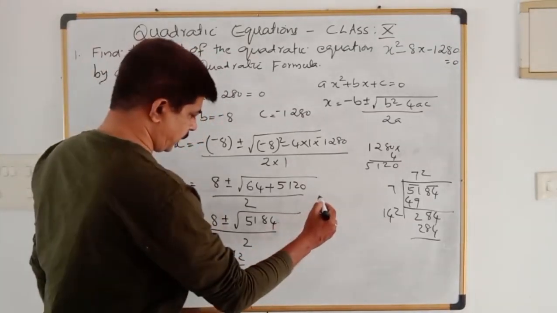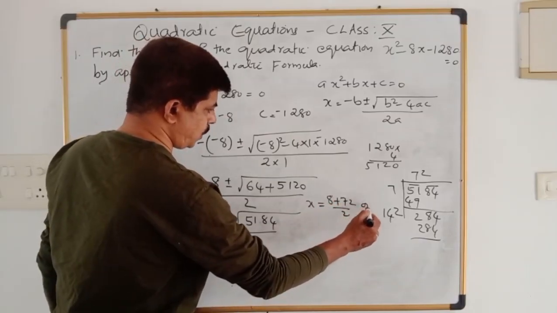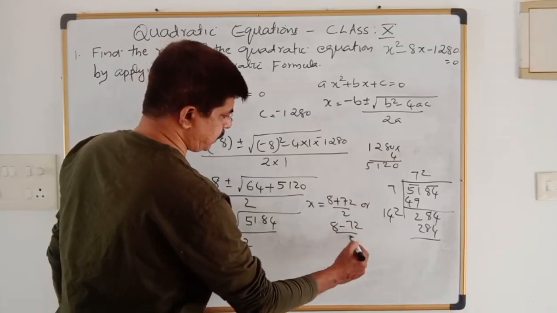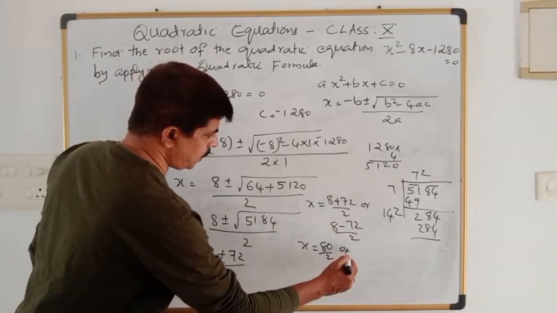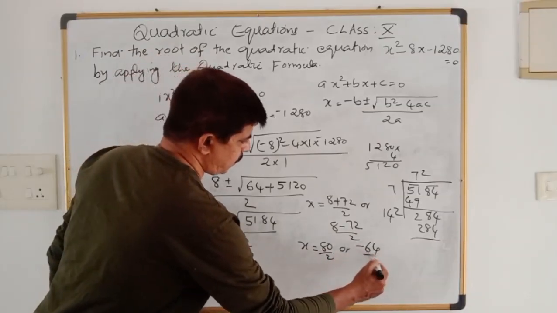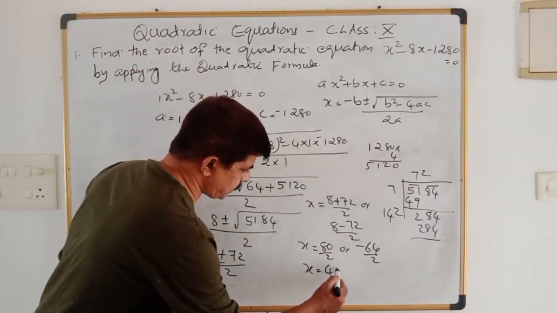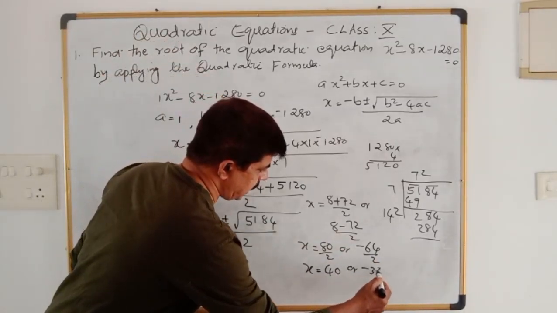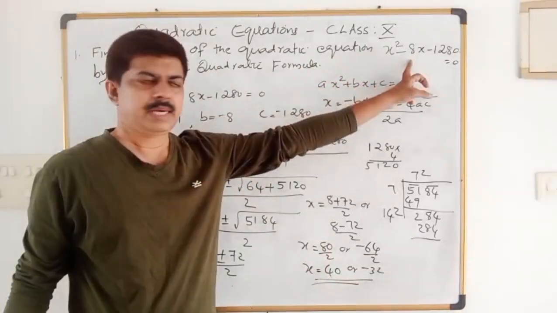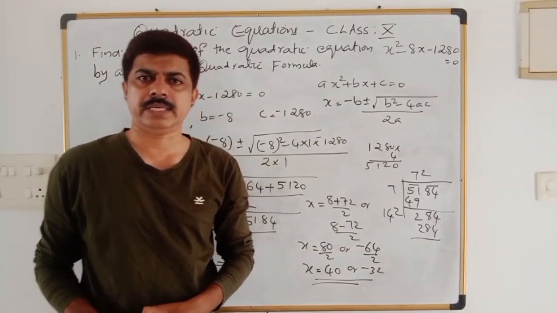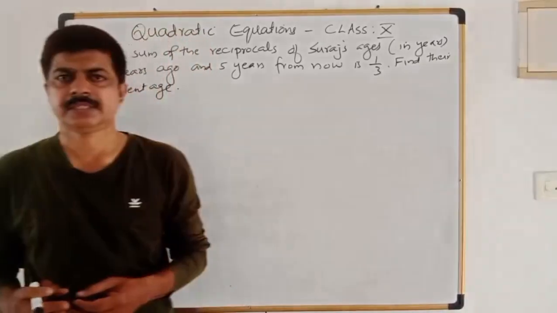Now we have two values for x: 8 plus 72 by 2, or 8 minus 72 by 2. 8 plus 72 is 80, by 2 gives 40. 8 minus 72 is minus 64, by 2 gives negative 32. So we got the two values of x: one is 40 and the other is negative 32. These are the roots of the given quadratic equation x square minus 8x minus 1280 equal to 0. Clear? Okay, next we will discuss